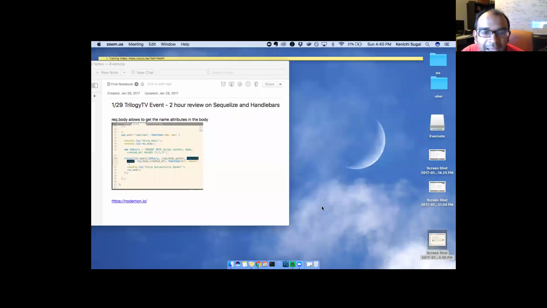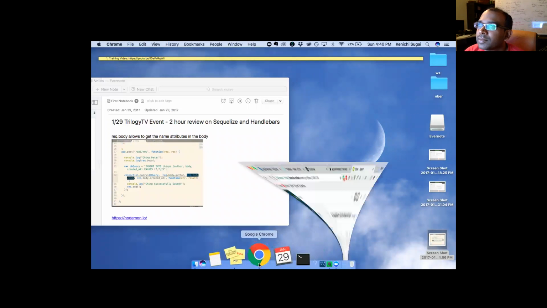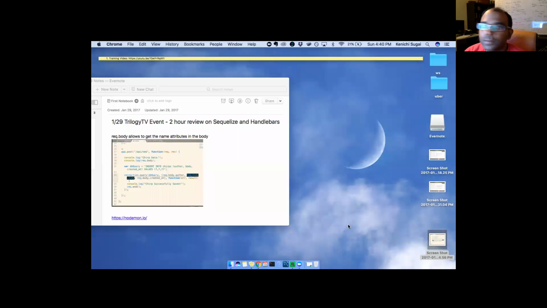Hey there, guys. Any ideas on how to integrate Sequelize into that application that we just used? I think everyone's muted if you're talking right now.